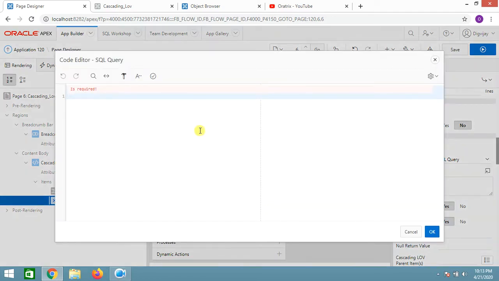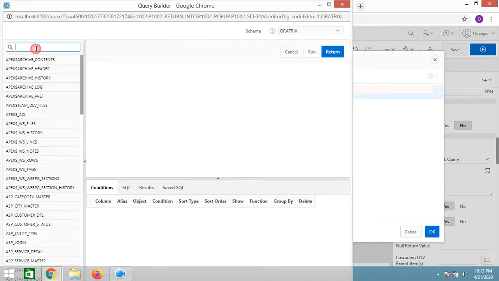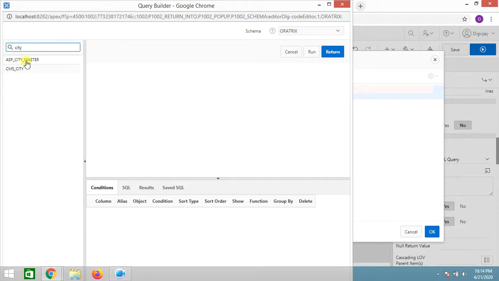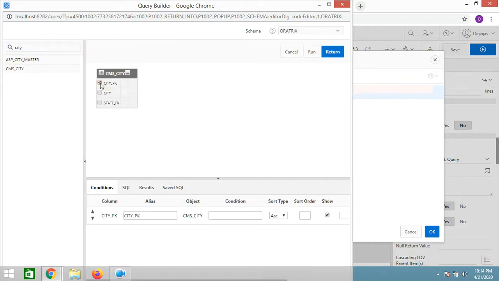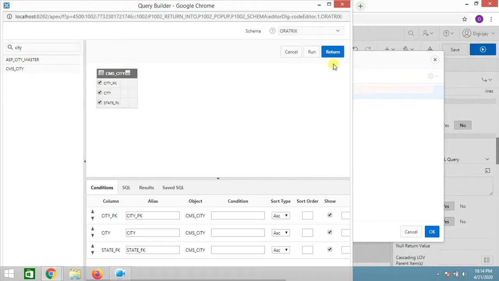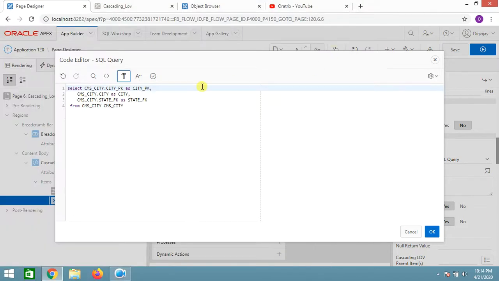So here I'm going to show you how to build a query. Let's say for example we want that to be on the city table. Let us choose everything and just click on return. Here I have to change certain things.